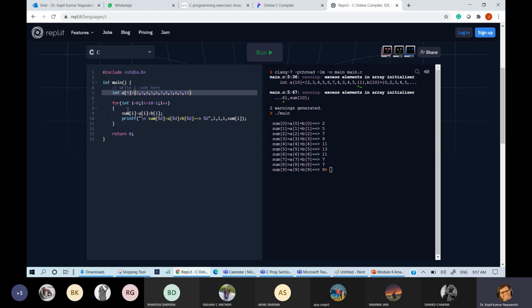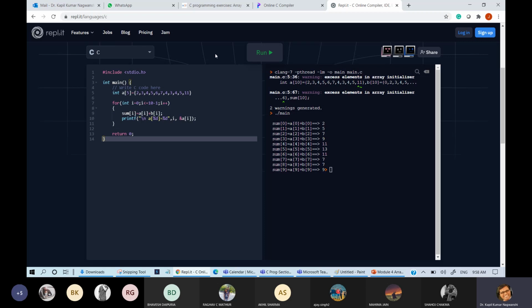Or we can go only for displaying the element. This program I am writing for displaying the element. And this must be a[i] equals to, written as %d, and \n is given, and i is required here, and address of a[i]. So this is our first case where the number of elements are more.